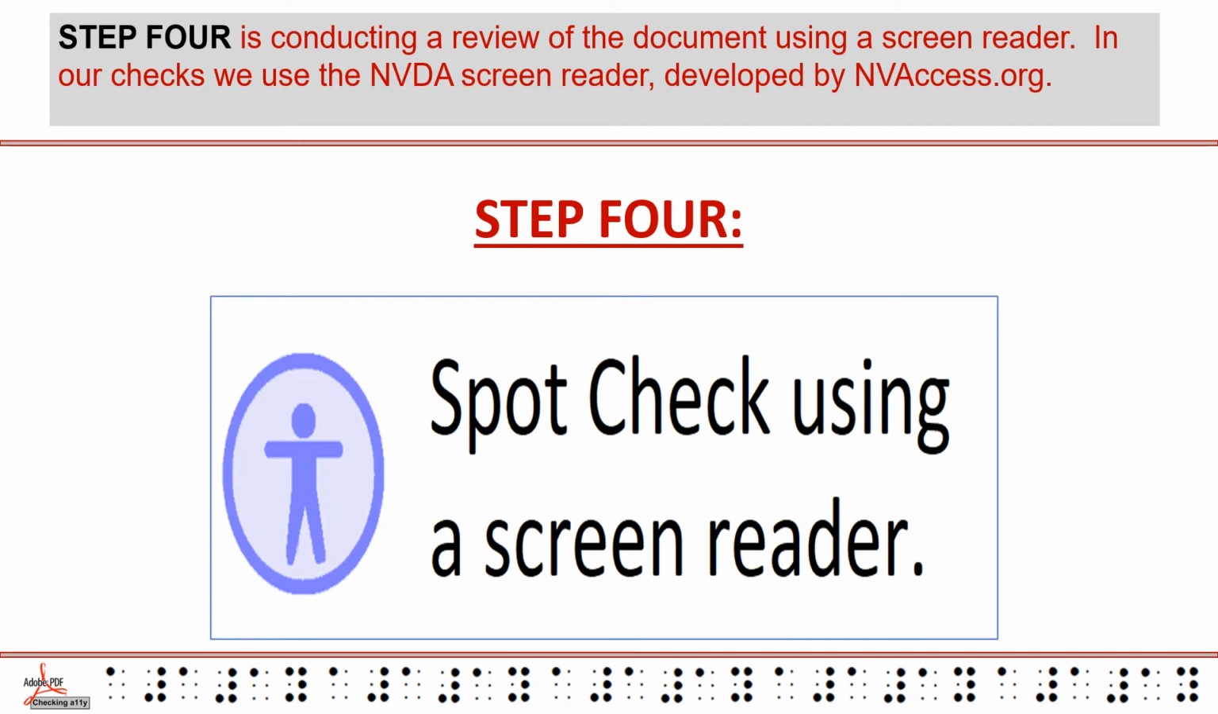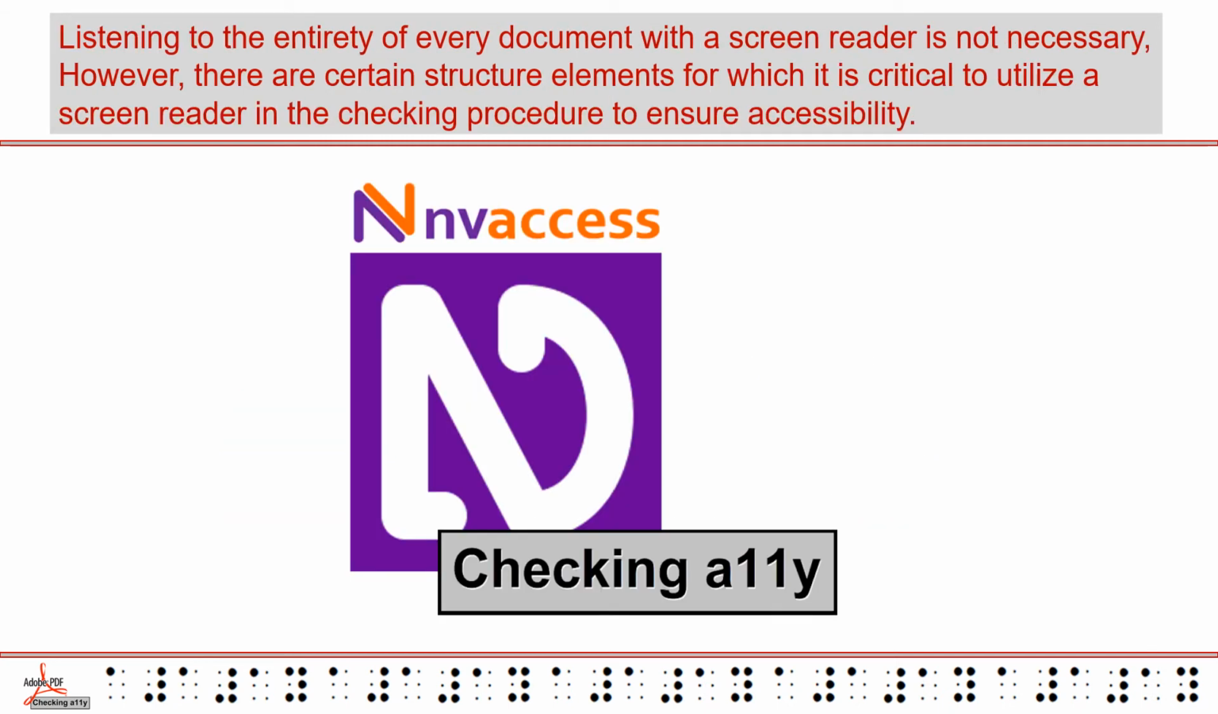Step 4 is conducting a review of the document using a screen reader. In our checks, we use the NVDA screen reader developed by nvaccess.org. Listening to the entirety of every document with a screen reader is not necessary. However, there are certain structure elements for which it is critical to utilize a screen reader in the checking procedure